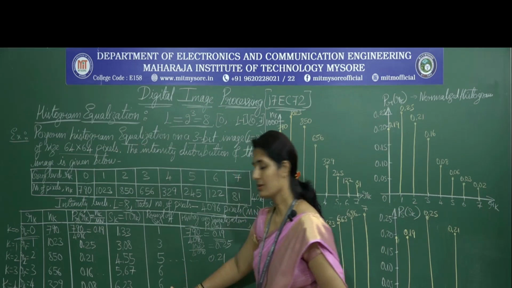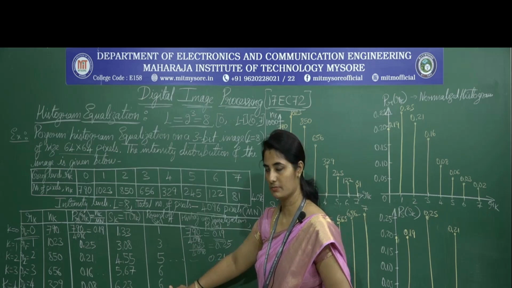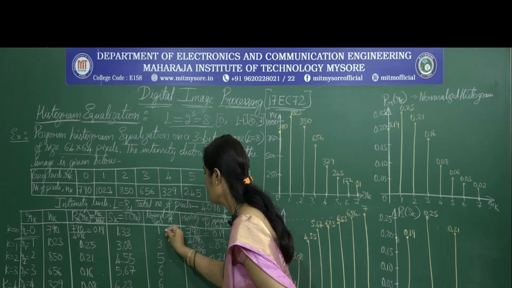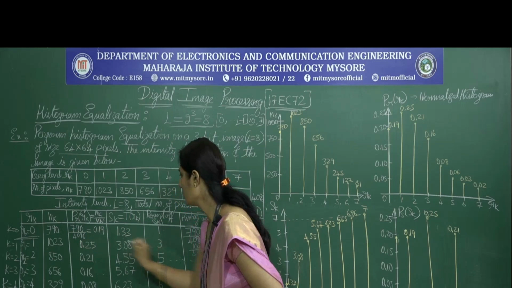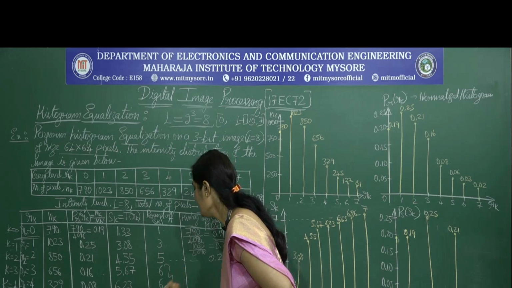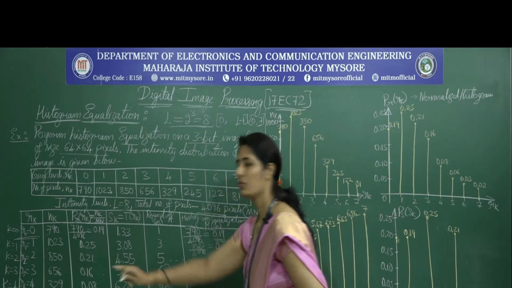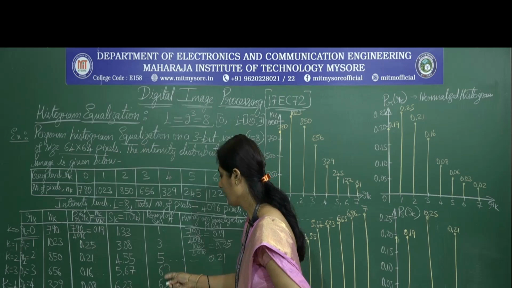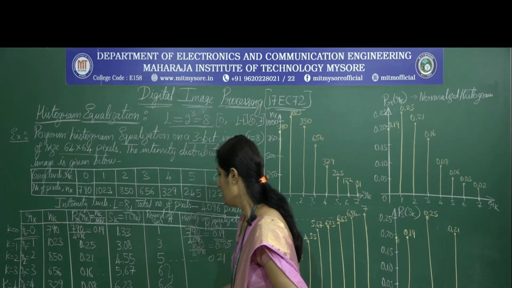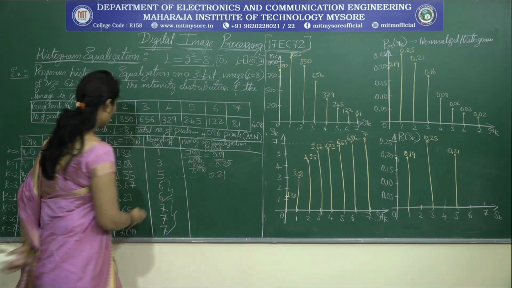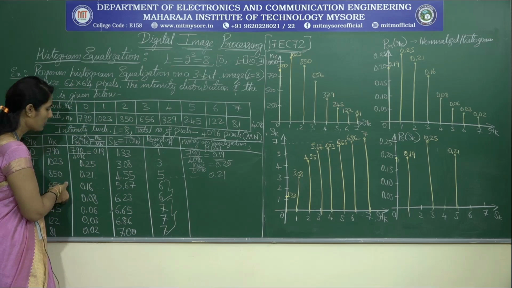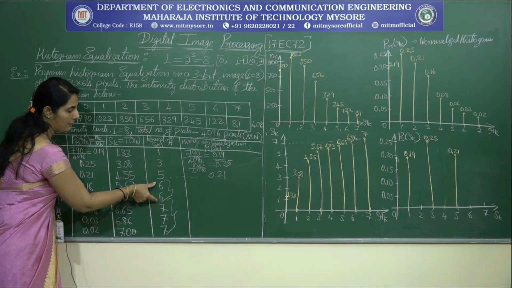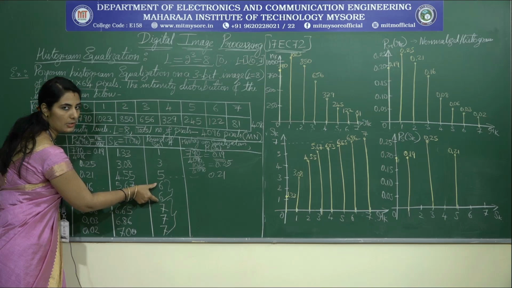Now when Sk is equal to 6, look at this column. Till now it is 1-to-1 mapping, 1-to-1 mapping, 1-to-1 mapping and 1-to-1 mapping, whereas here it is many-to-one mapping, and again here it is many-to-one mapping. Whenever you have many-to-one mapping cases, here two Sk values have been mapped. So in order to find the Ps of Sk value, you have to consider the number of pixels having the Sk value 6.